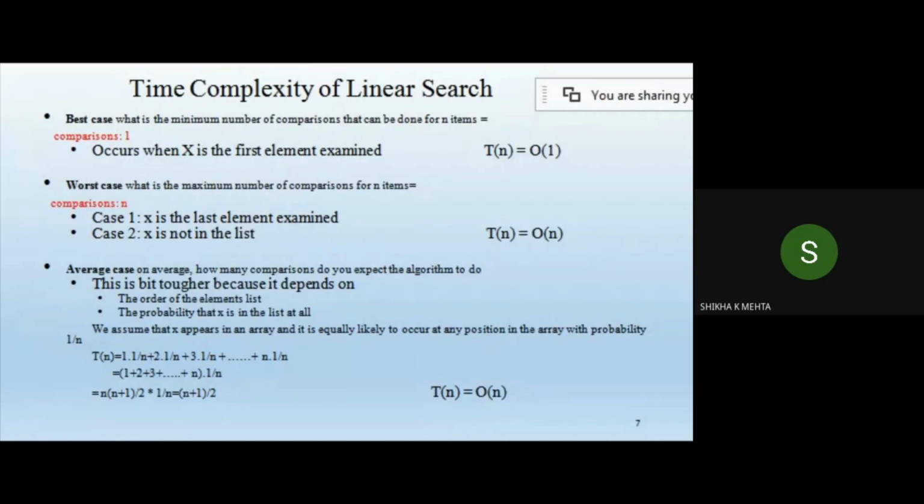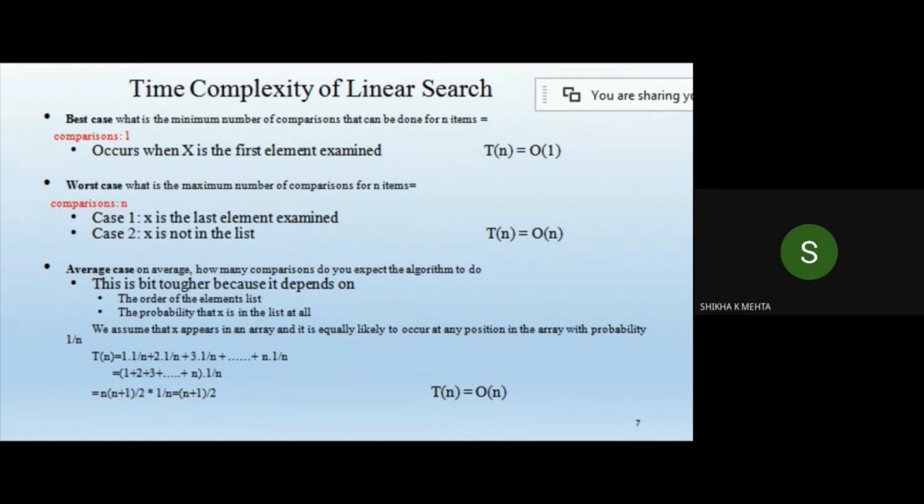So let us assume that x appears in the array and it is equally likely at any position. That means it can be at any position in the array and its probability is given as 1 by n. On the basis of this probability we compute the time complexity,